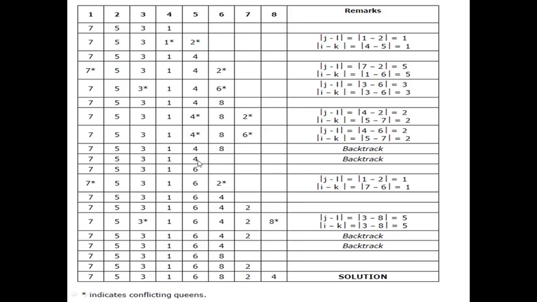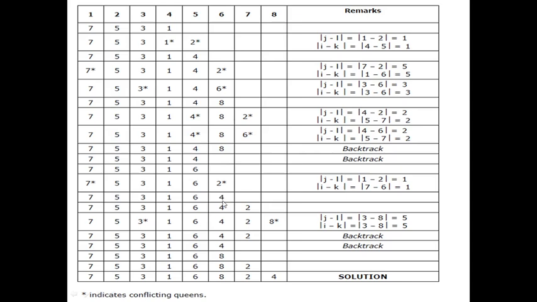Okay, from here we have only seen the possibilities. The last placement was 4, then we proceeded with 6, 2, 6 and 8, but we were not getting any answer. The 8 is not giving you an answer, therefore this 4 has to be replaced. Then you try another option; 4 is not giving you a solution, therefore go with the next number, 6. Okay, 6 is not giving you a conflict. Then in the sixth row you try the second column, that is a conflict.